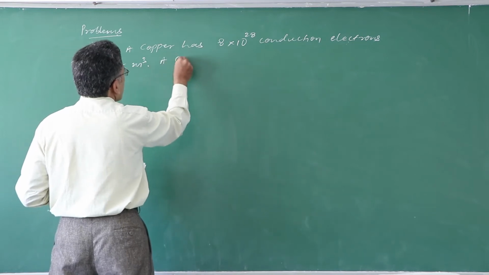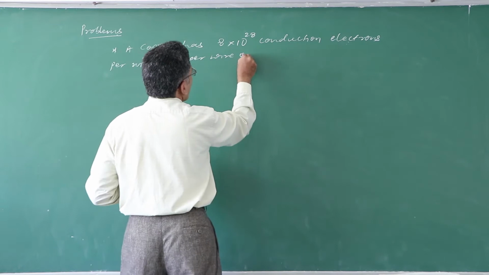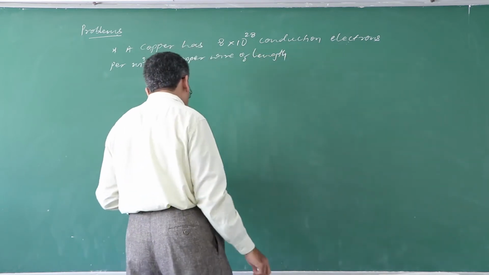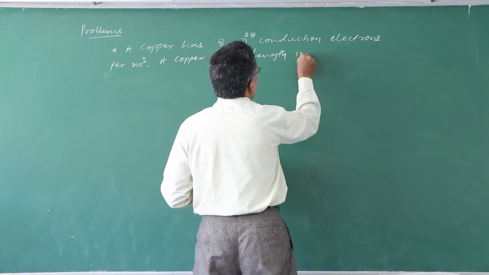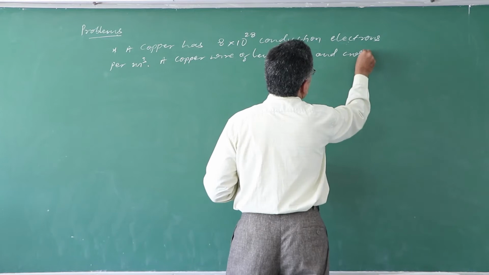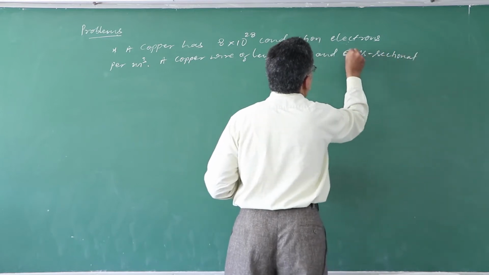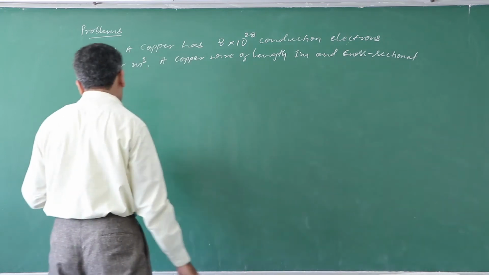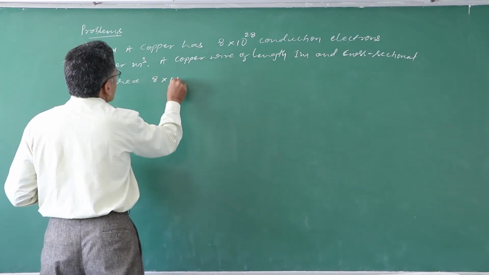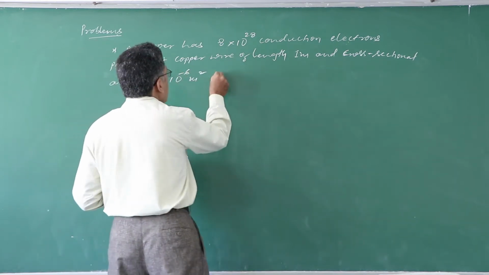A copper wire of length 1 meter and cross sectional area 8 into 10 raised to minus 6 meter square, carrying a current